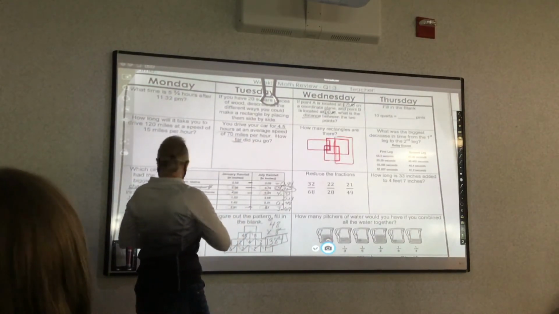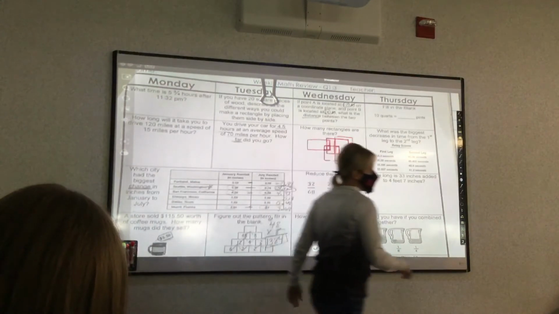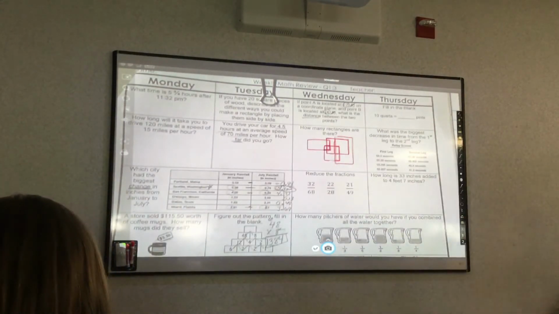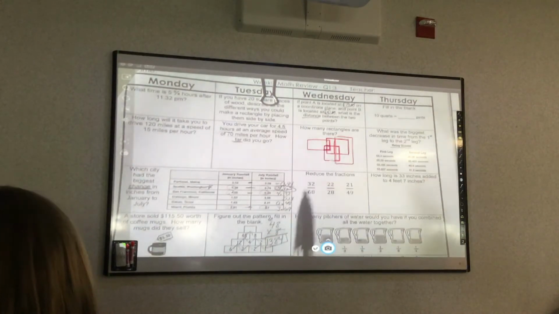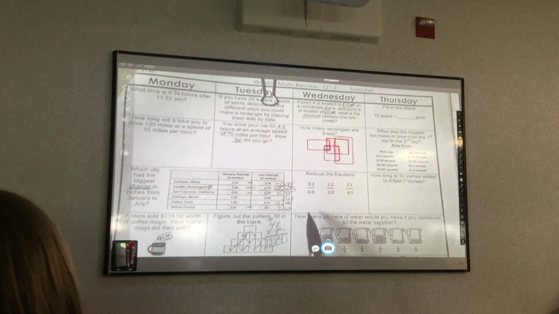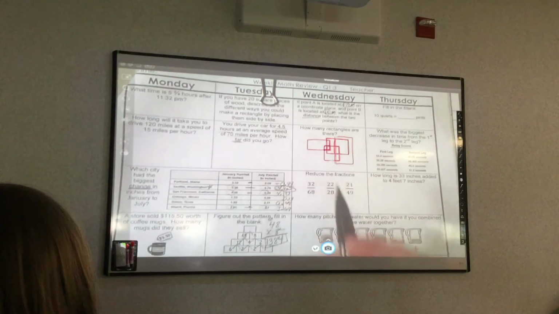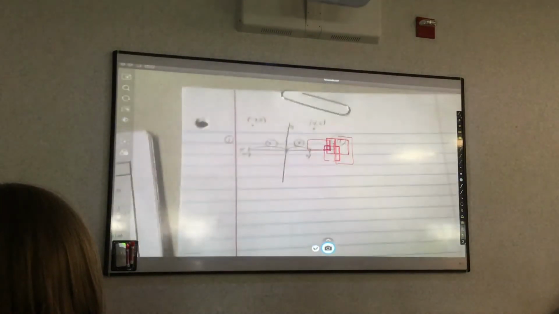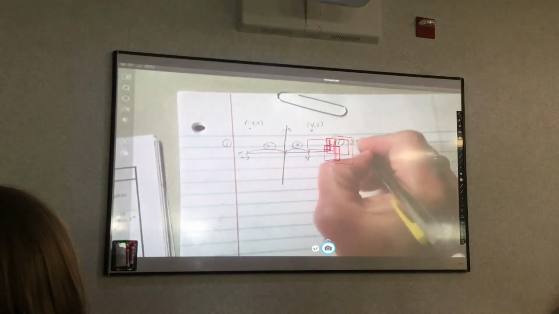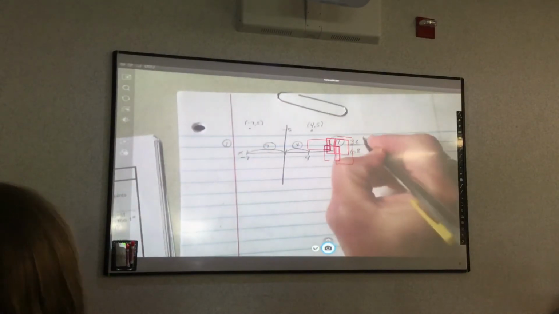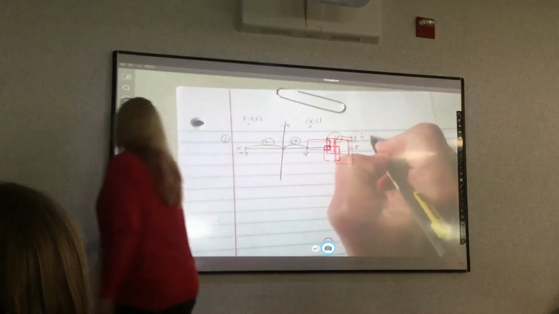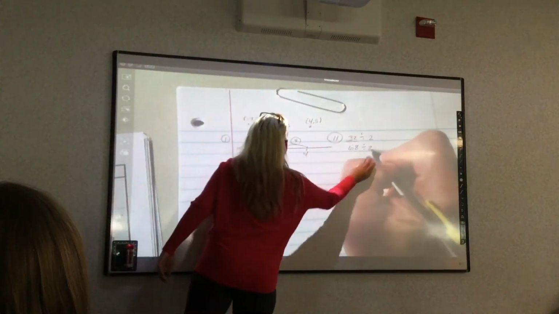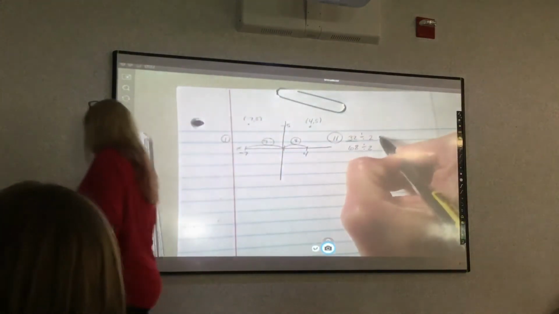Reduce the fractions. When reducing the fractions, you're dividing by the same number. So what am I going to reduce 32 and 68 by? 2. Okay, well here, I'm going to show you on the paper. I have 32 and 68. You can start with 2. There's nothing wrong with dividing by 2 first. But that would become